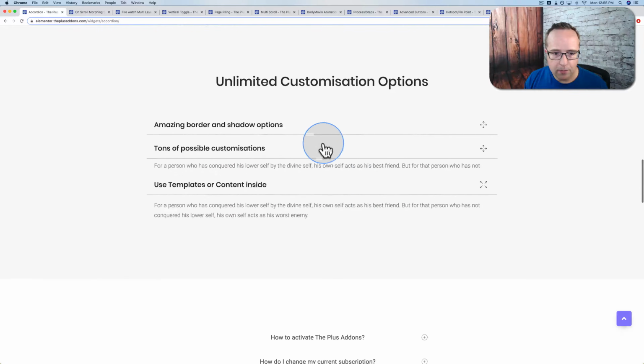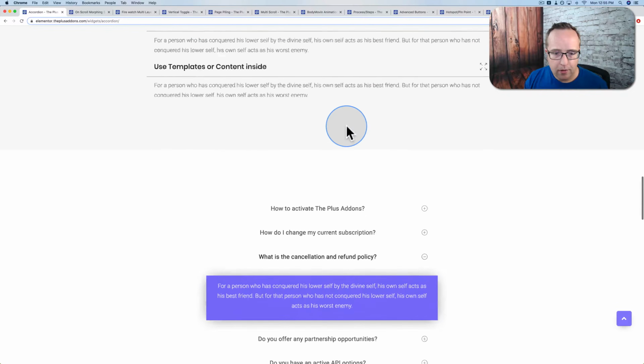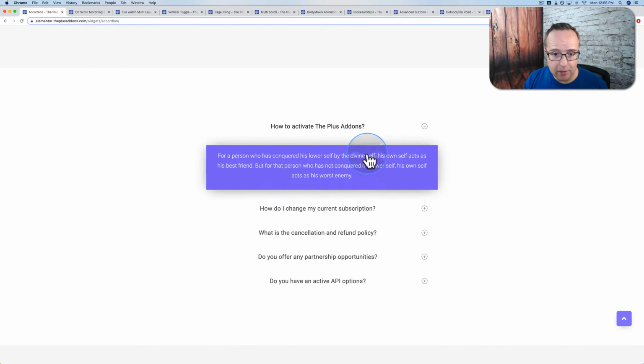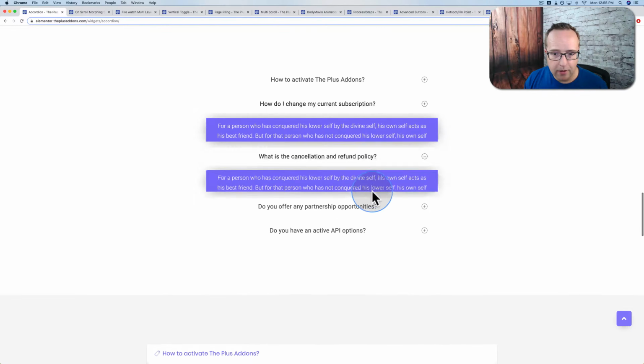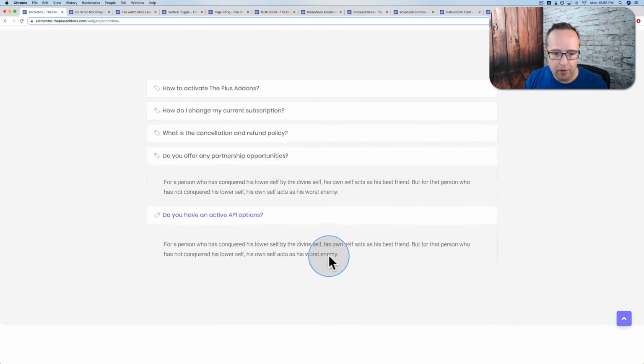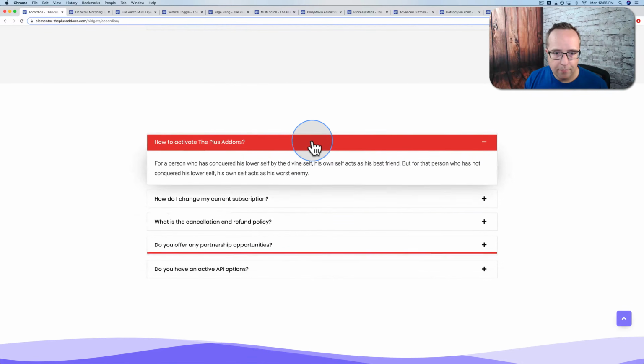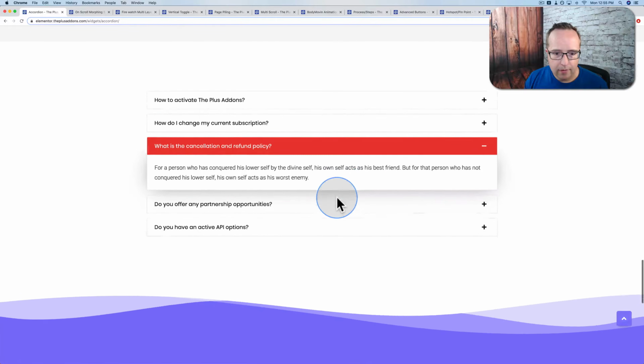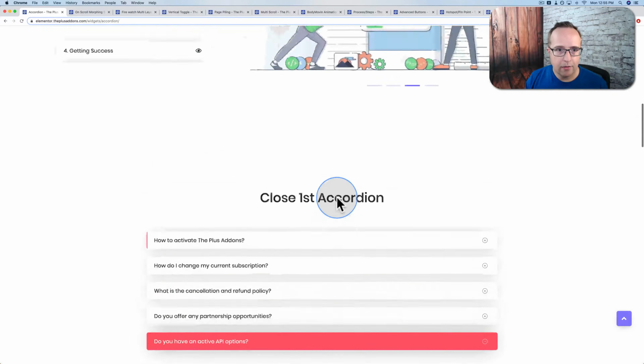So pretty awesome effects, but we've seen these before in this video. We haven't seen these before on other sites. These are pretty unique ways of doing accordions, but we have seen these in this video already. This one is based on hovering instead of clicking. So there we have our accordions